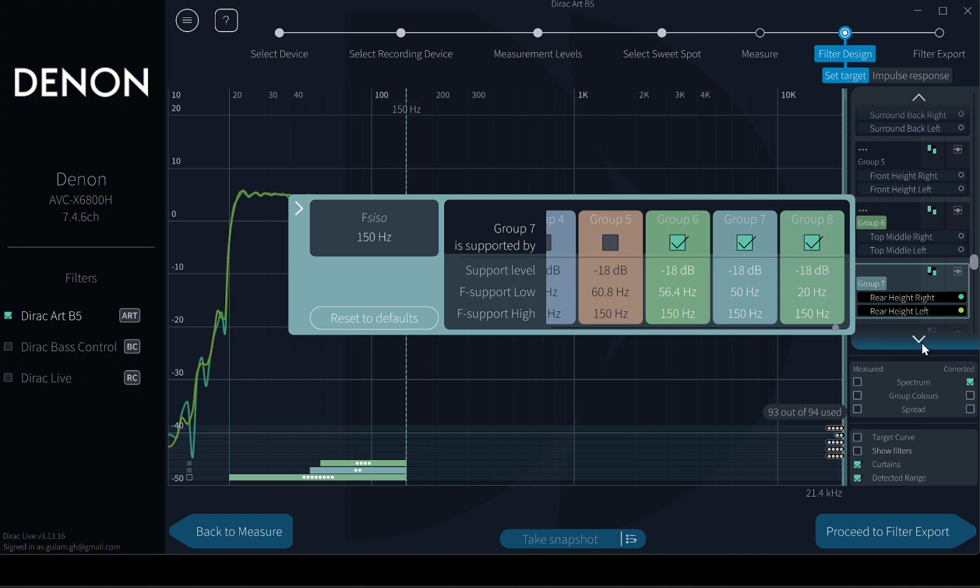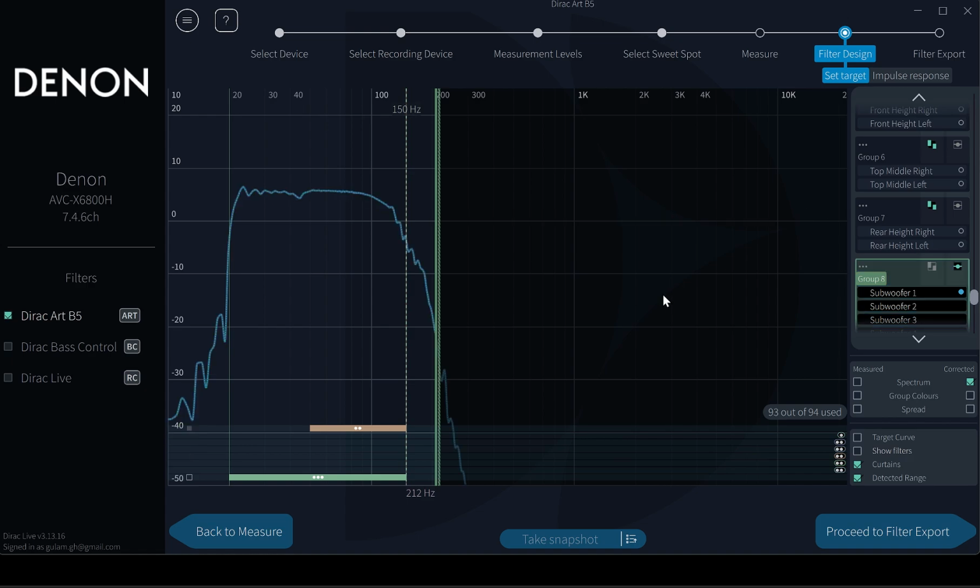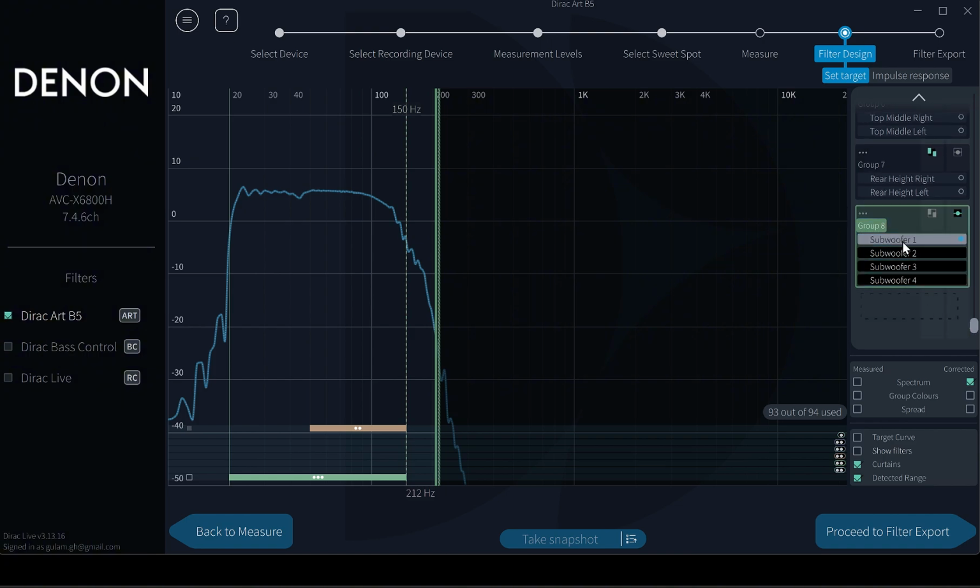So last of all, I think one of the topics that we want to talk about is group 8, which is the subwoofers. I have 4 subwoofers, all these SB 3000 from SVS. So this is the curve that I have. This is without the infra. If you click the infra, I think there is a cutoff from 20 Hertz onwards, going down low. So you don't have the infra, but if you turn on the infra,